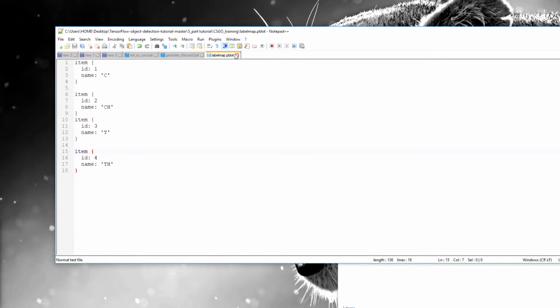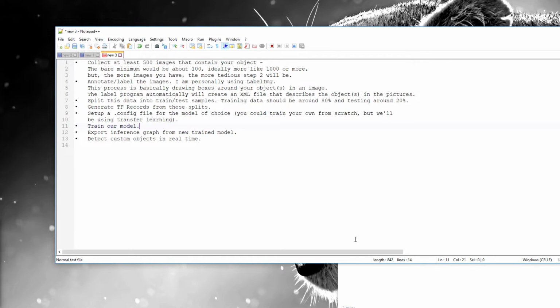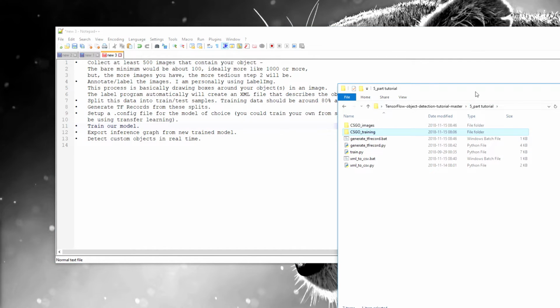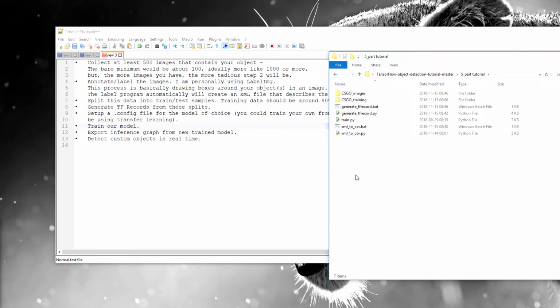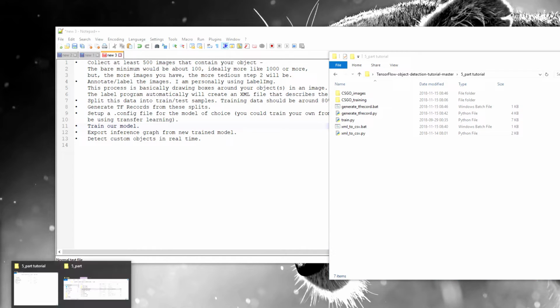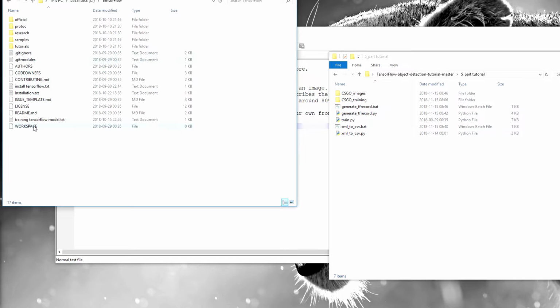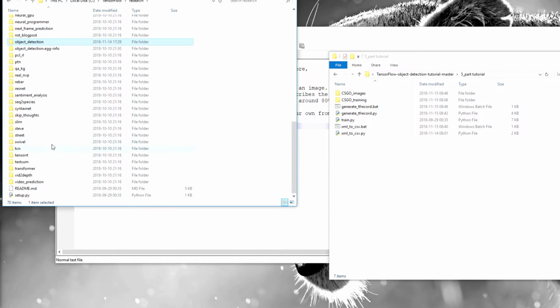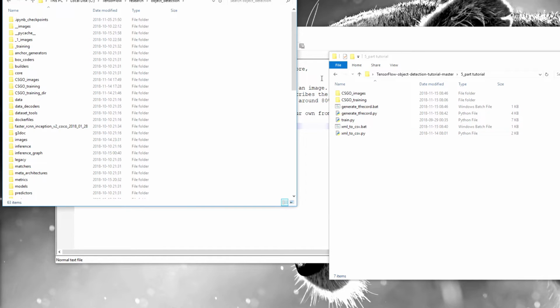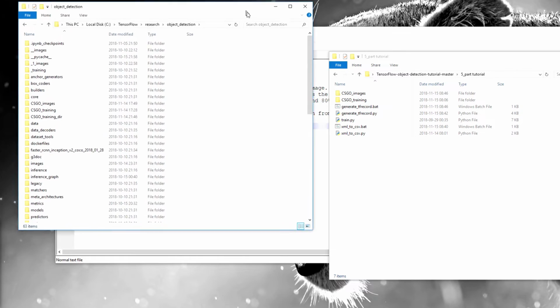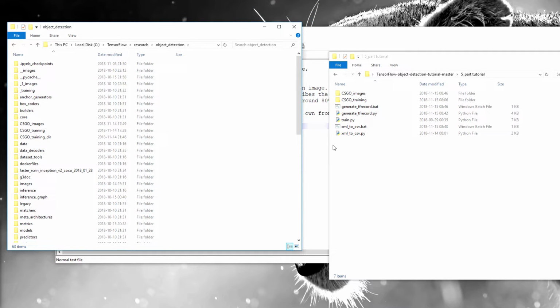So I'll close all my files and I go here, and now I need to go to my TensorFlow object detection directory. So I again go to C, TensorFlow, research, object detection, and I need to copy a few files. Yeah, I need to copy these two folders, and actually I'll use the train py file,